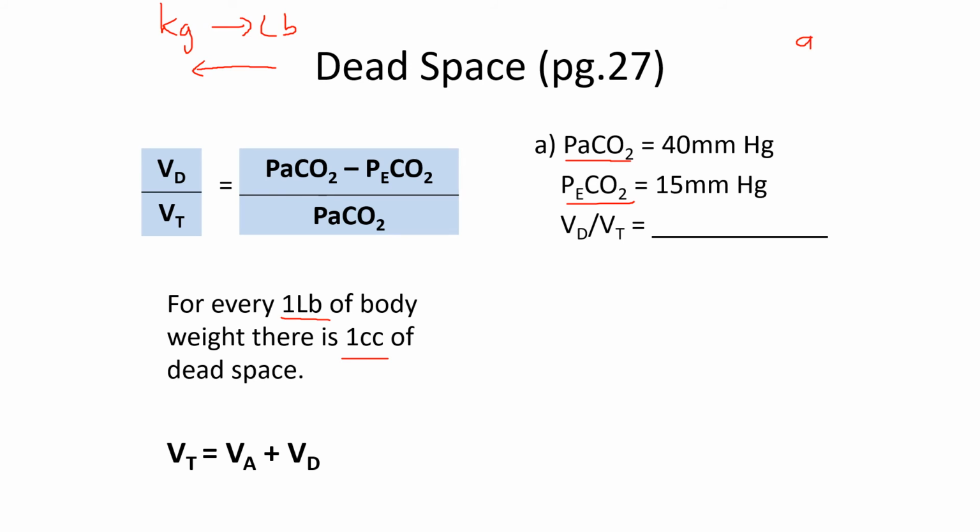So A, the partial pressure of carbon dioxide is 40. The measured, or the average, is 15. And you just divide that by the partial, which is 40 again. So simplify that. What's that? 25